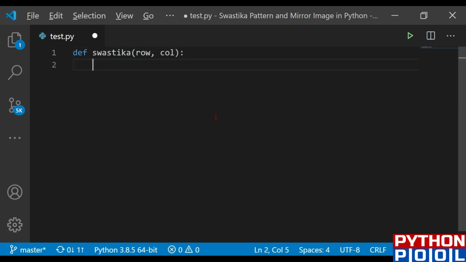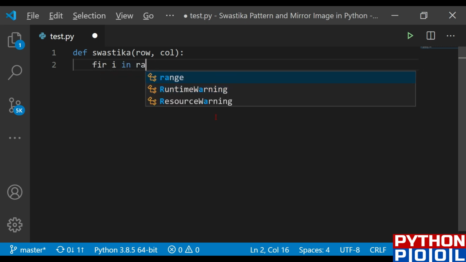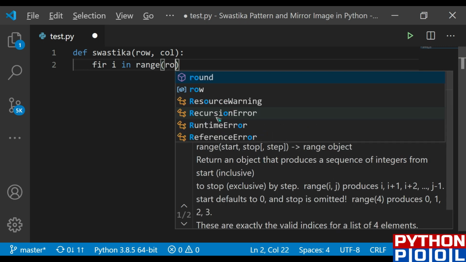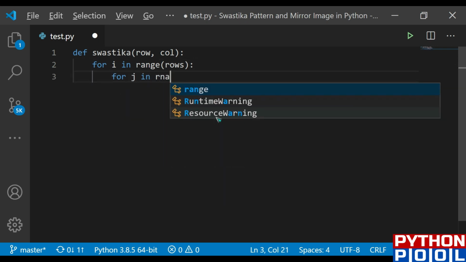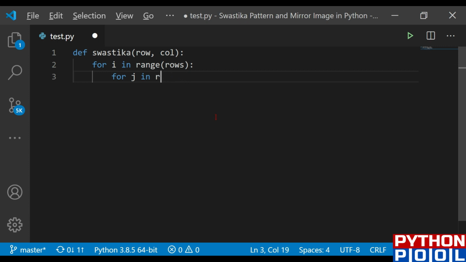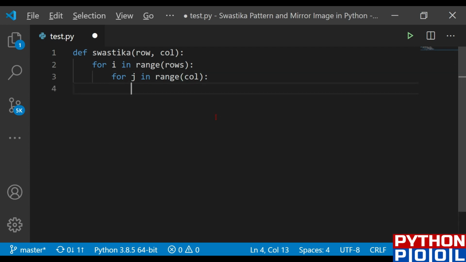Now for i in range of rows, and for j in range of columns.